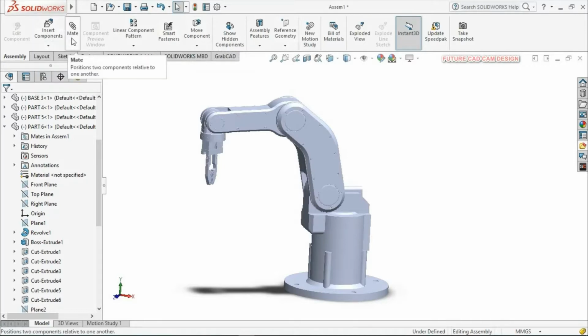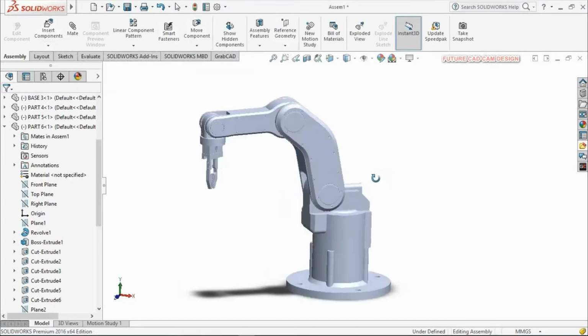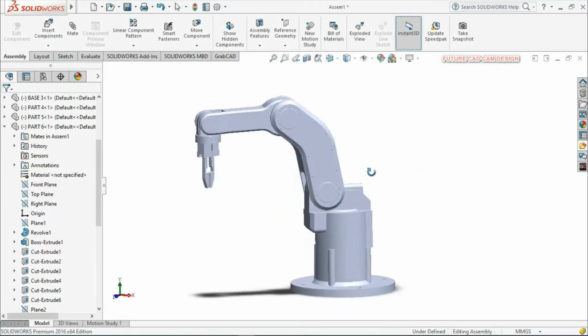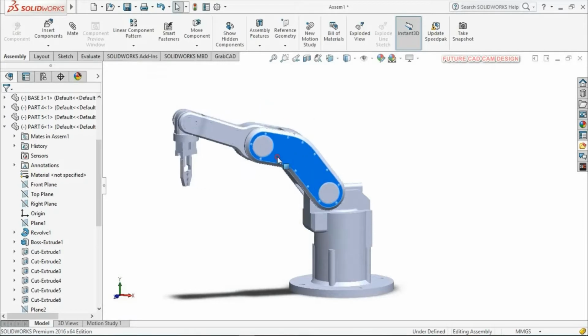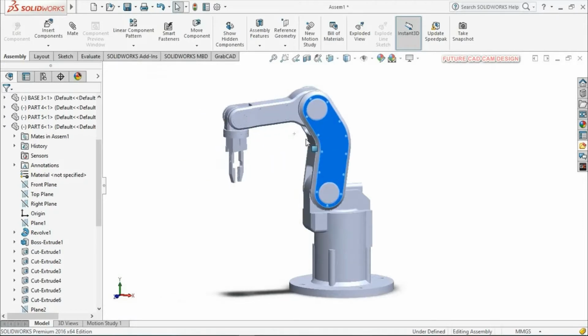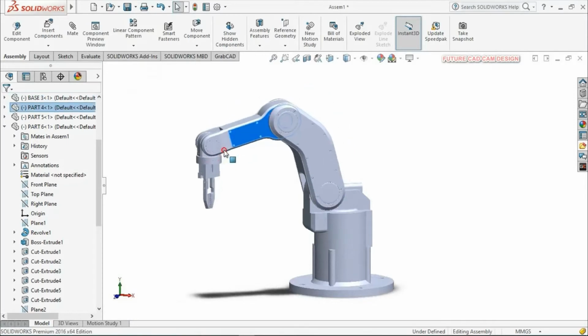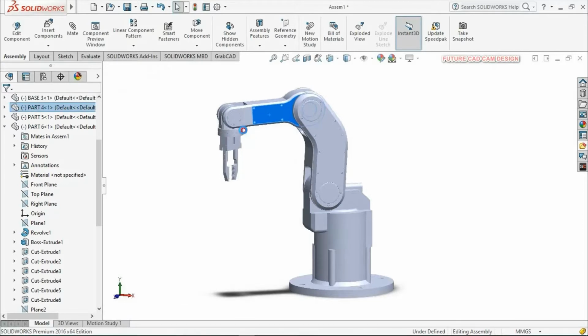And mates are a very important thing in assembly. Mates means we are going to give constraints to our components. You can see this 3D assembly part; I have already given constraints. If we give constraints to our components, then we can move our components in any degree of freedom as we wish. So it is very important to give the constraints. I will briefly explain in the tutorial how to use this mate option and how to give the constraints.